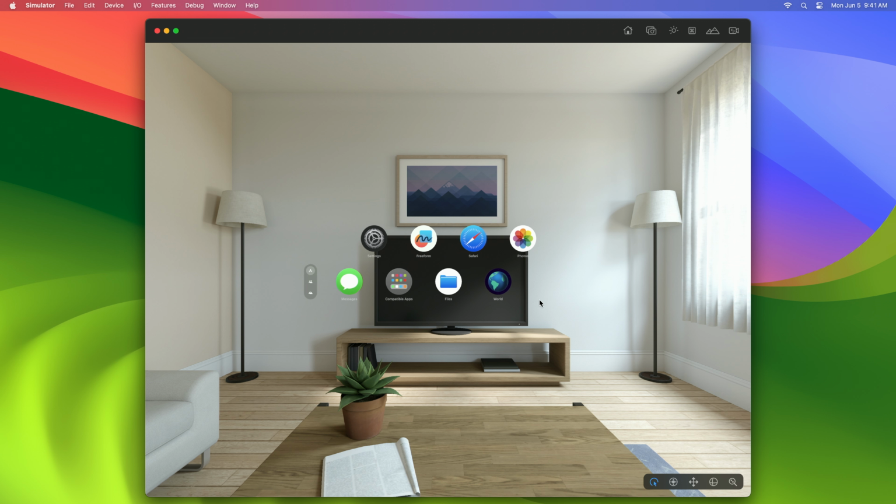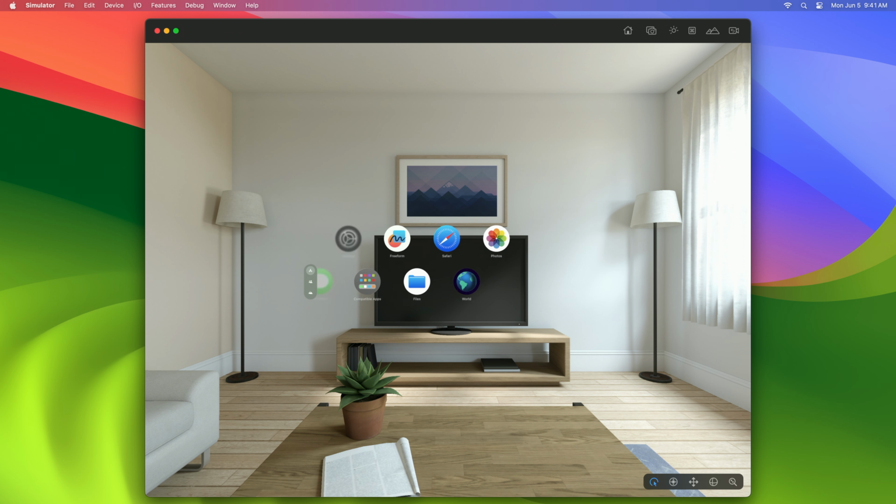The simulator mimics what someone would see wearing a device. By default, the pointer controls what you're looking at. Clicking the mouse or trackpad simulates tap, and holding the click simulates pinch. A big part of spatial computing is being able to look and move around your surroundings. The simulator offers additional controls to do exactly that.